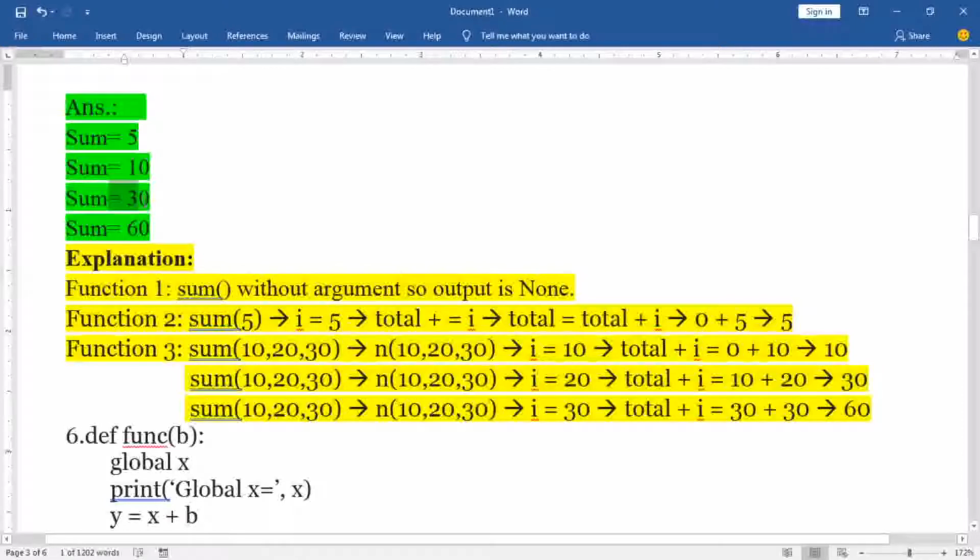Then sum 10, 20, 30. Now it turns to i equal to 30. So i equal to 30, total plus i. So total, previously it was 30. So 30 plus 30. So here the final answer will be 60. So like this, when keyword arguments are passed to your function, it will execute in this manner. Next question,